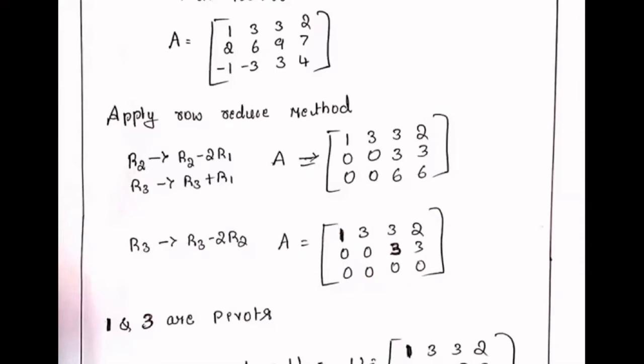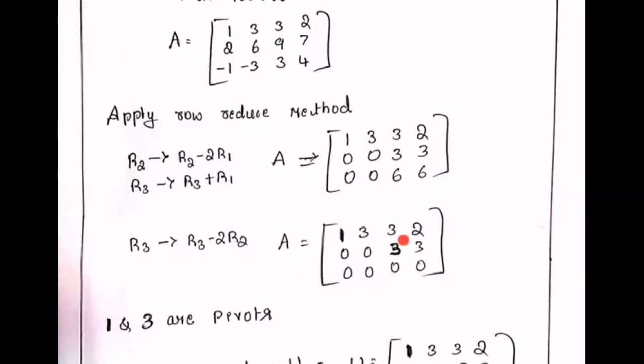if 1 appears as a pivot, then you have to subtract from all the elements below it. But in this example, we don't have any element below this. In the third column, we have one element, 3. This is called a pivot. We already chose one pivot in row 1, so we have jumped to the second row. In the second row, the first nonzero element comes in the third column, that is 3.